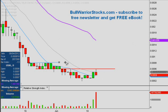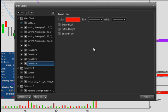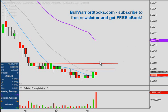I guess I shouldn't say that. The best way to probably put this is talk about it in terms of a resistance zone, because up here at 0008 you have the same area of resistance. So the best way to put it is between 0006 and 0008. These are going to be the two key levels of resistance, but then check out if the price can clear above these,